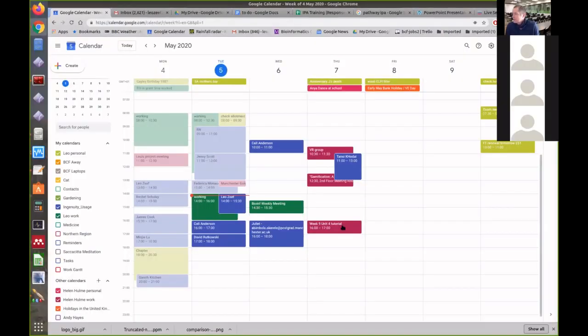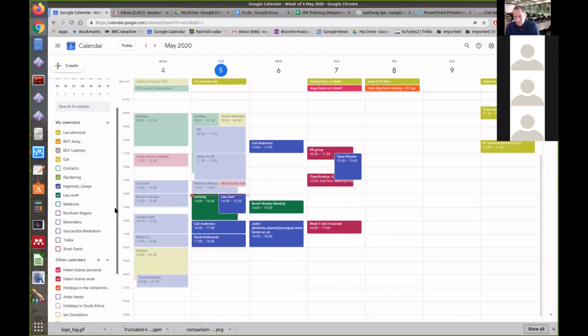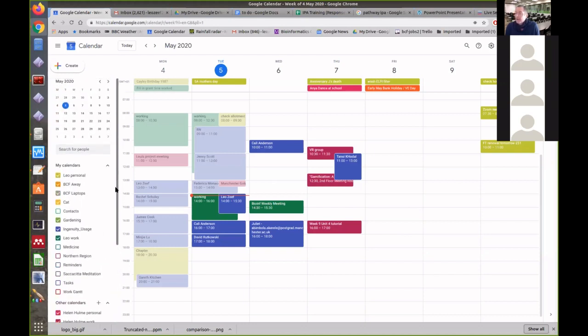Now, as you can see, my calendar is a mess. In fact, I've even made it simpler, because a lot of people share calendars with me, so we just have a whole lot of different things in there. The calendar for Ingenuity usage is the blue ones. If you were to make a booking, say here on Friday, then